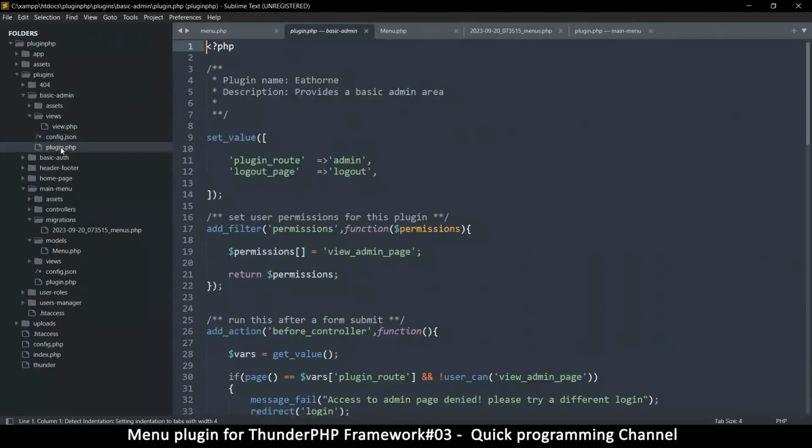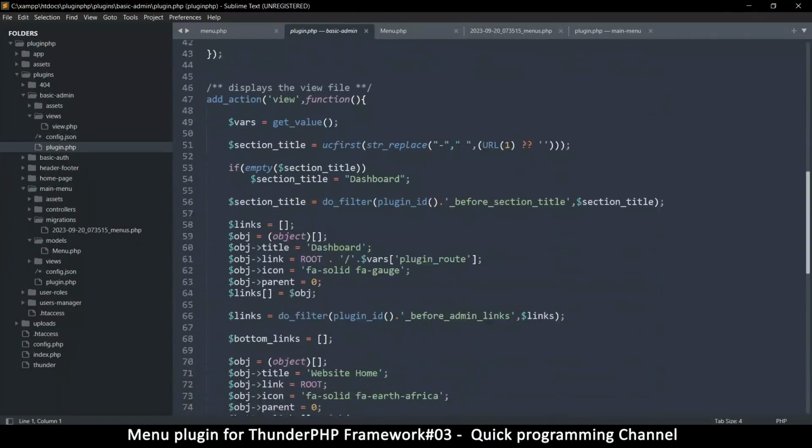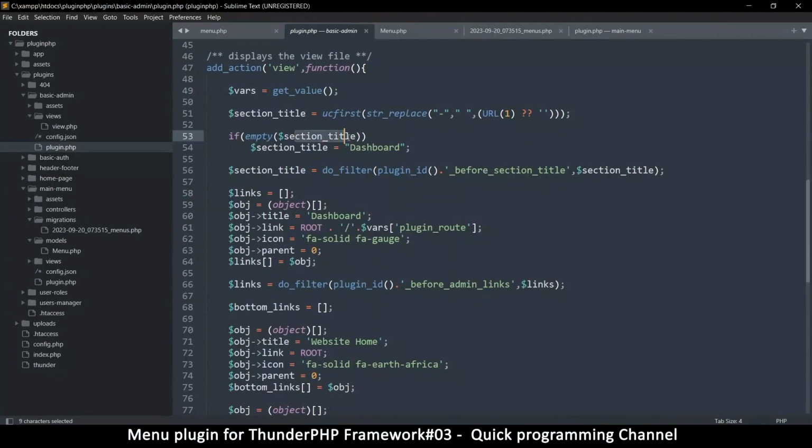But if we go to plugin here, the plugin for basic admin, there is section title here where we create it, but then we do a filter. So the filter is called before section title. Okay, and then the section title itself is supplied. So this is great because then we can copy this and come to our plugin to manipulate that value. So we can come here, it says main menu,